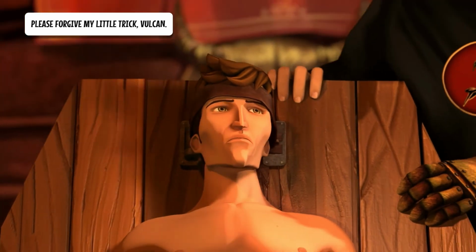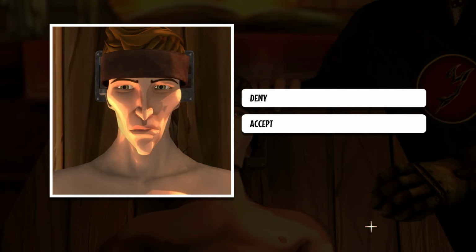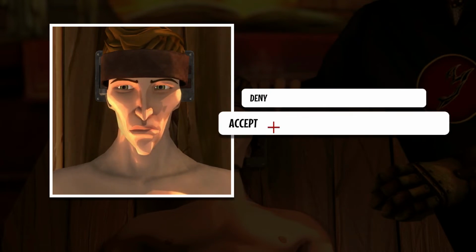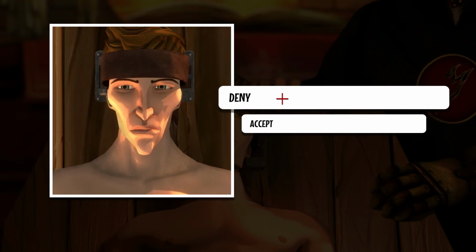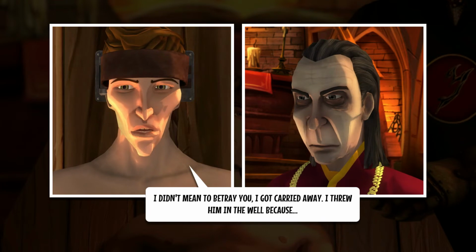Please forgive my little trick, Falcon. You betrayed me. Holy moly. So this is how it happens. Deny, accept. No, deny it. Wasn't me. I didn't mean to betray you. I got carried away. I threw him in the well because...